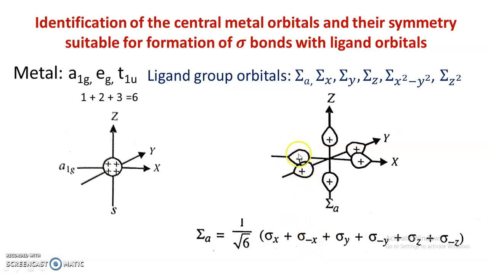So this is the positive lobe oriented along the negative end of the x-axis. So plus sigma negative x